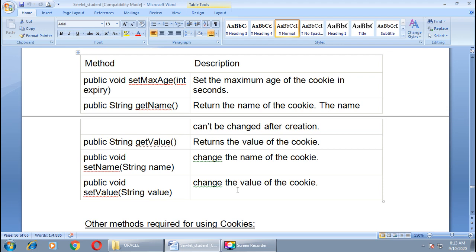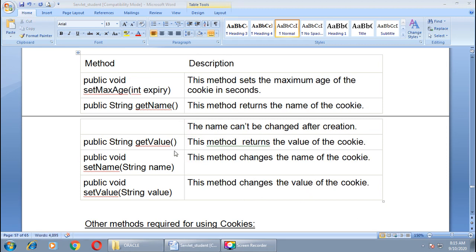The name cannot be changed after creation. getValue returns the value of the cookie. Then setName changes the name of the cookie. Then setValue. If you want to change the value of the cookie, this method is useful. So these are the important methods of the Cookie class. These methods we will use in our example, right?